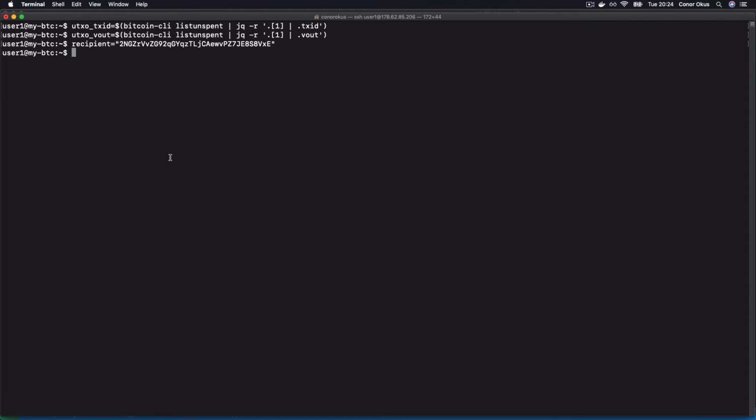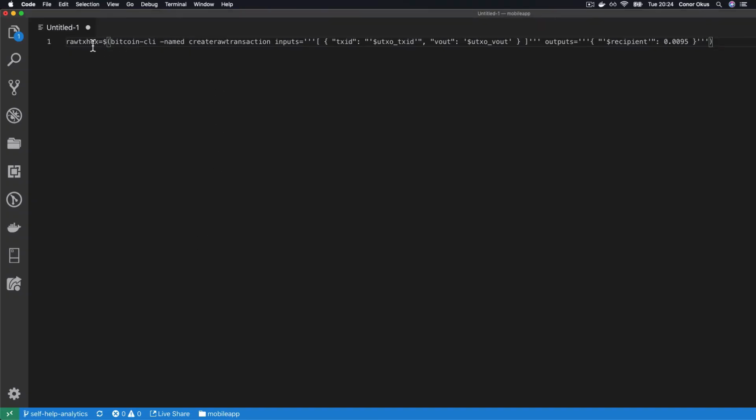So now we have our three things that we need to create a raw transaction. We're going to store the result of creating our raw transaction in a variable as well. So I had to go over to a text editor to make this a little bit easier to write out. So again, we store the raw transaction in a variable when we call the create raw transaction with the named flag. So the create raw transaction takes as its first argument inputs, and inputs is a JSON array